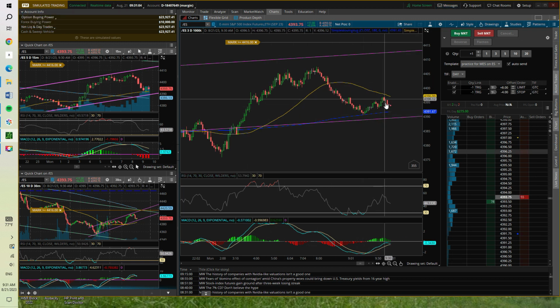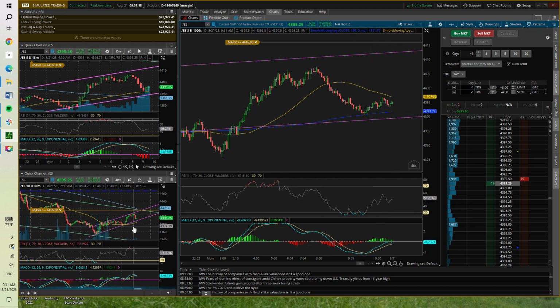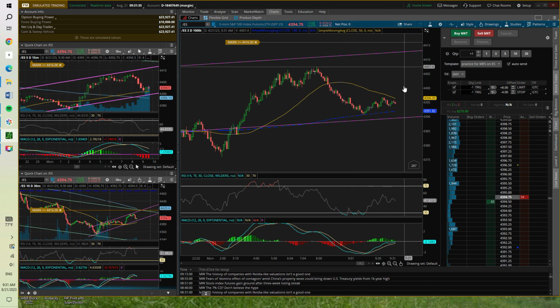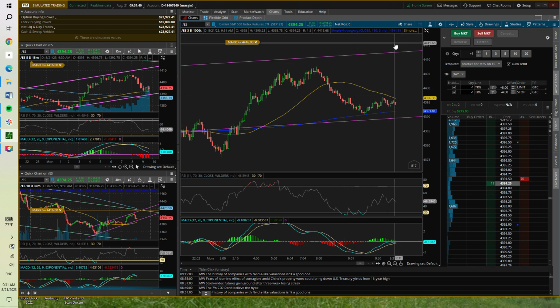The drop is possible that it's just temporary and it's still going to get up there. But the fact that it didn't quite make that SMA tells me that there may not be a whole lot of excitement to go up like we saw overnight. So we're thinking about what to do next.